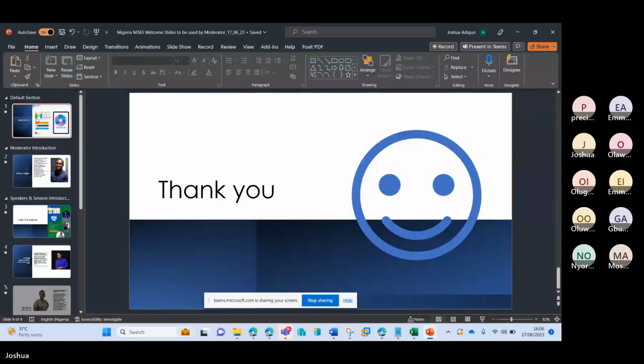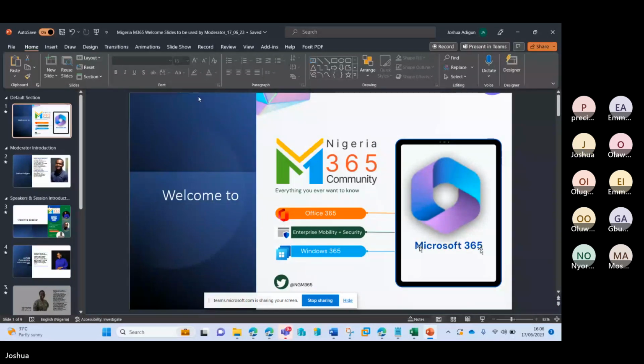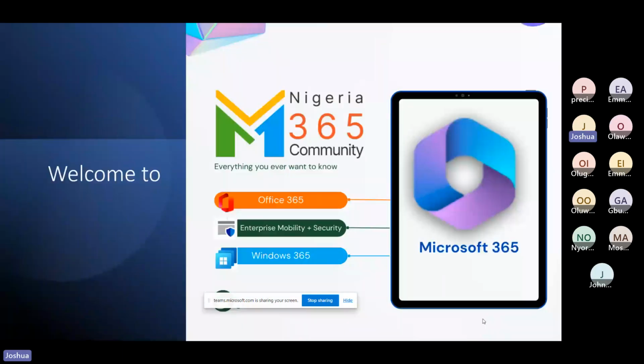Welcome, guys, to today's session. As we all know, this is a continuation of the Microsoft 365 community program that some of us came together to undertake, basically just to teach cloud enthusiasts about Microsoft 365, what it entails, the technologies, the services, and to ensure that we are skill ready, skill capable, and can call ourselves Microsoft 365 consultants, technical support engineers, and even administrators.